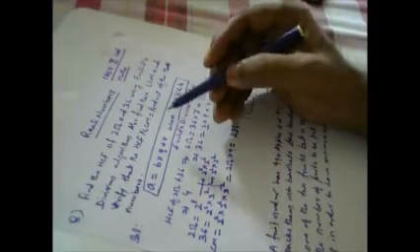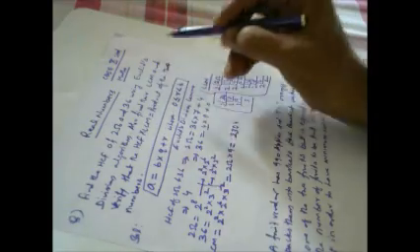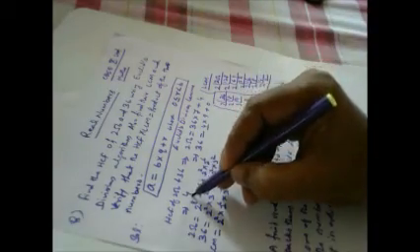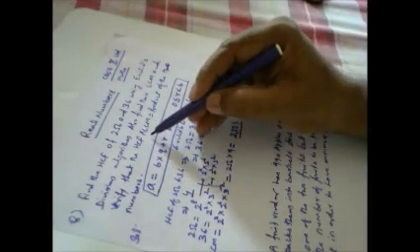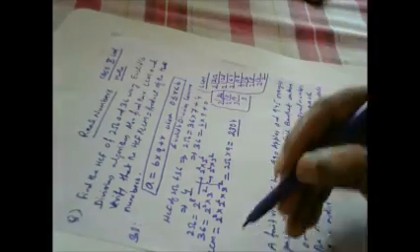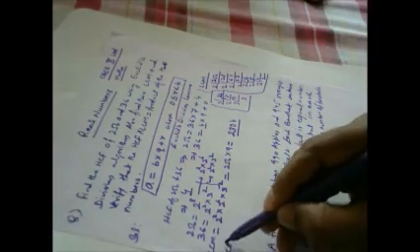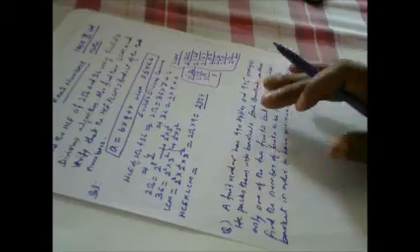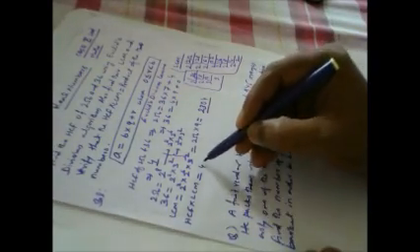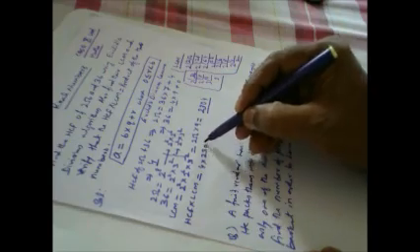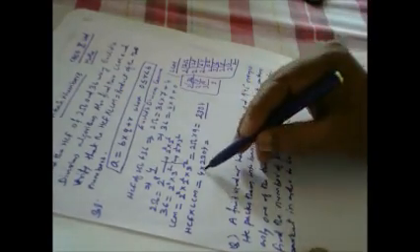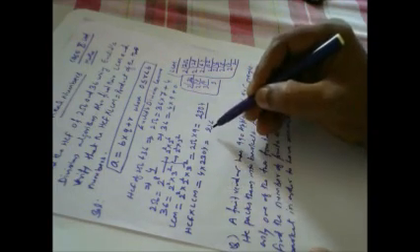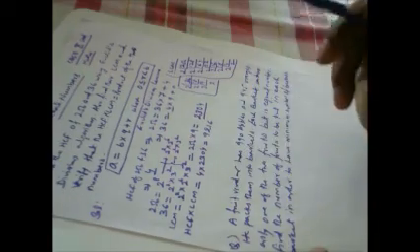Now what do we need to verify? We need to find the LCM, which we have found, and we have the HCF as well. Then verify that HCF into LCM is equal to the product of the two numbers. So let us multiply HCF into LCM. HCF is 4, LCM is 2304. Multiplying, 4 times 4 is 16, 4 times 0 is 0 plus 1, 4 times 3 is 12 plus 1 is 13, 4 times 2 is 8 plus 1 is 9. So 9216 is the product.